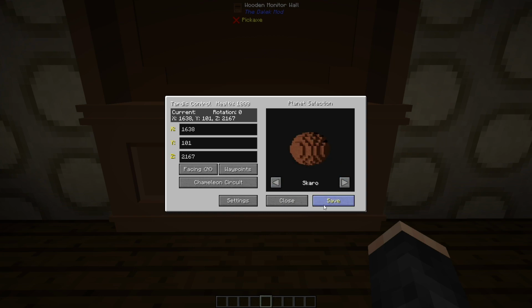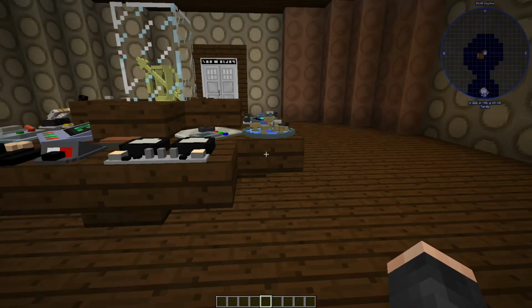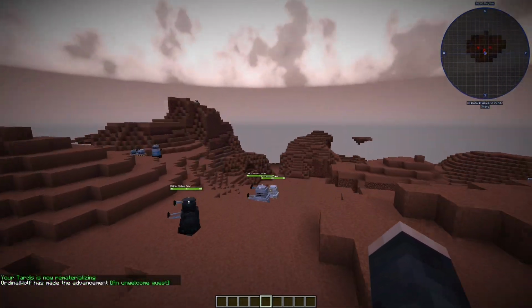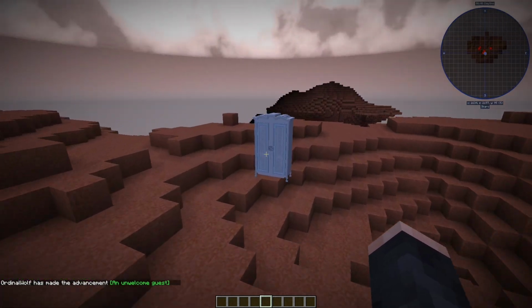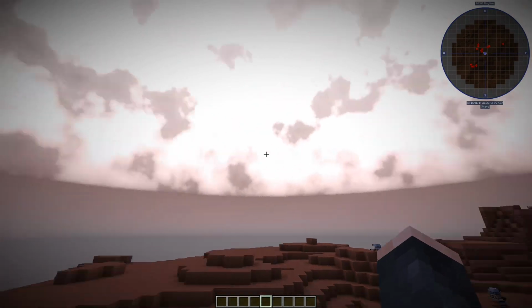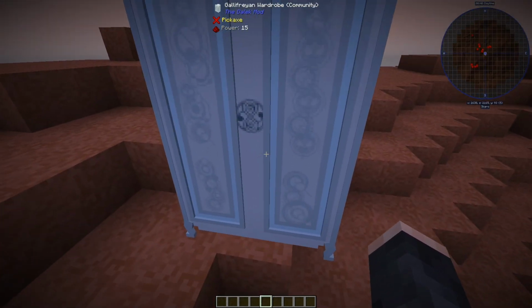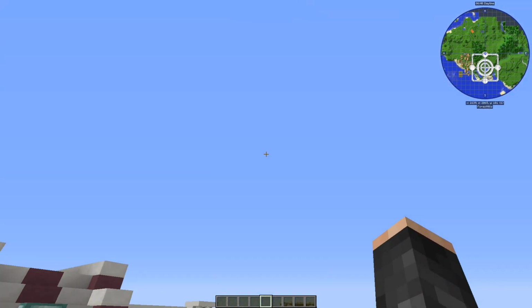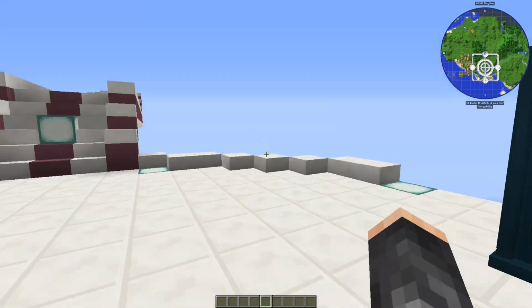why not? Let's go to Skaro. We'll go to Skaro. So let's take off. As you can see, we are on Skaro. Our TARDIS has spawned, and yeah, once again, dimensional travel is back. Right, and we're back. So as much as I'd love to turn shaders back on to once again show this